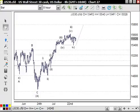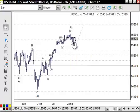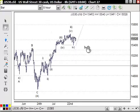Welcome, and here we're looking at the US 30, and the wave 4 here is probably completed, but we just need to be a little bit mindful that wave 4s can become quite complicated and sideways in their pattern. So this particular move down through here is an ABC. Has done all the right things, but just as I mentioned,